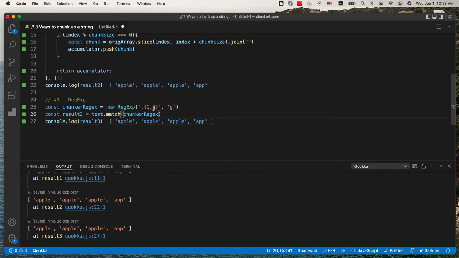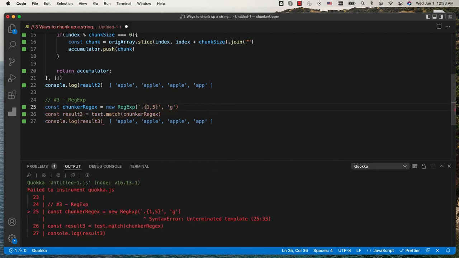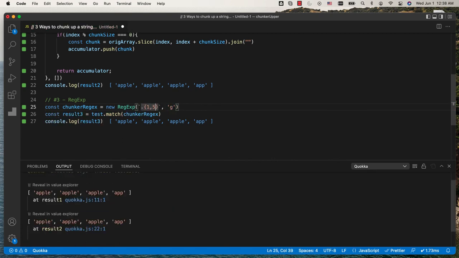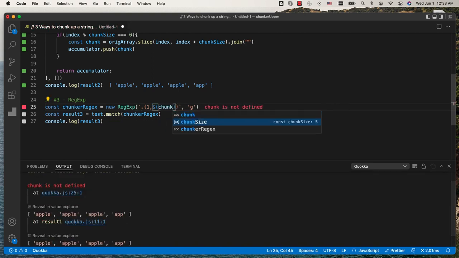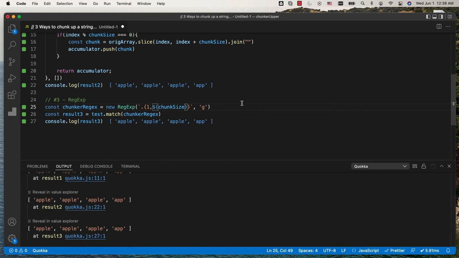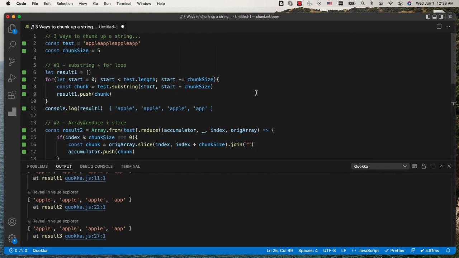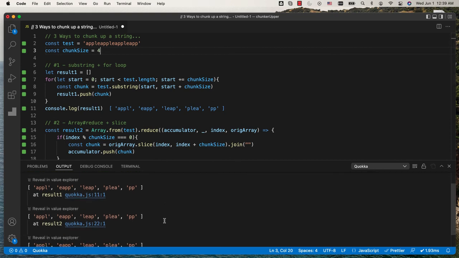So now this is all very nice, but how would you do this dynamically, right? Because 5 is a hard-coded value. So we're going to do a string literal, like so, and we're going to say, instead of hard-coding it, let's use a dynamic size of chunk size, and that's all you need to do. So you have result 1, 2, and 3, and then if we want to change our chunk size to, let's say, 4, that's easy. We have those results as well,